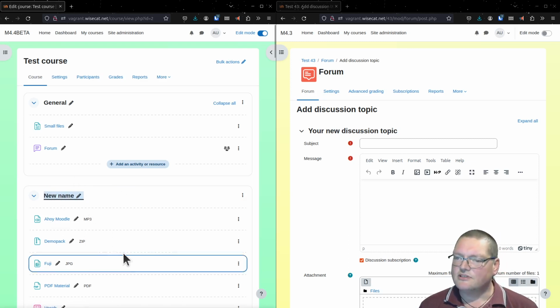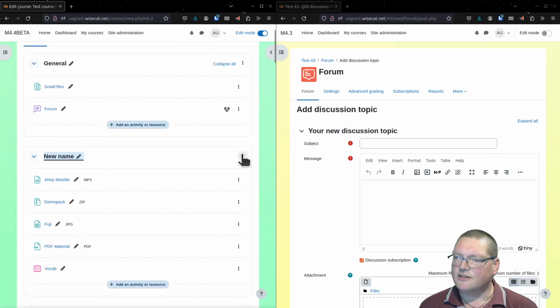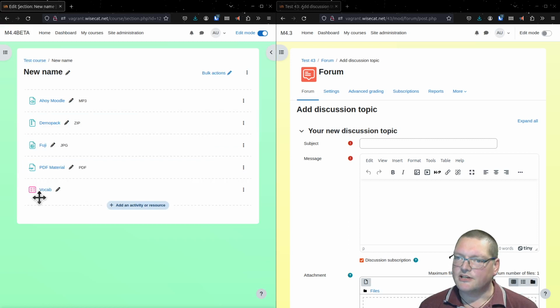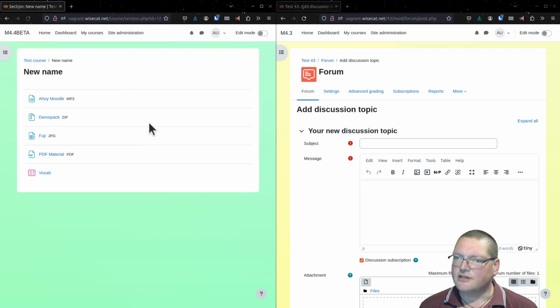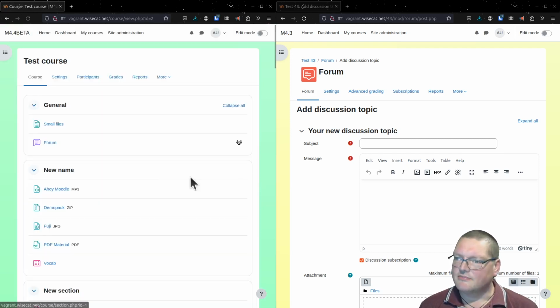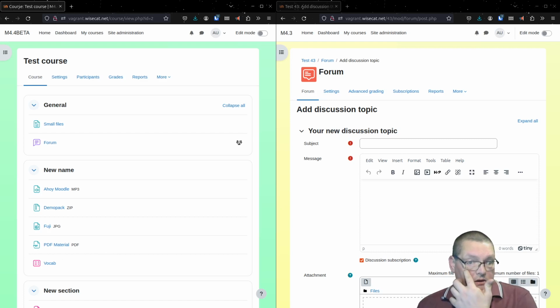But if you want to actually view the single section page with editing on, you can come over here and hit view, and that'll bring it up as a single section with edit mode on. You could just go there and then switch edit mode on or off, but that's just another option that's going to appear here, so don't get surprised when you see "view" in there. That's just for the edit mode things. Okay,